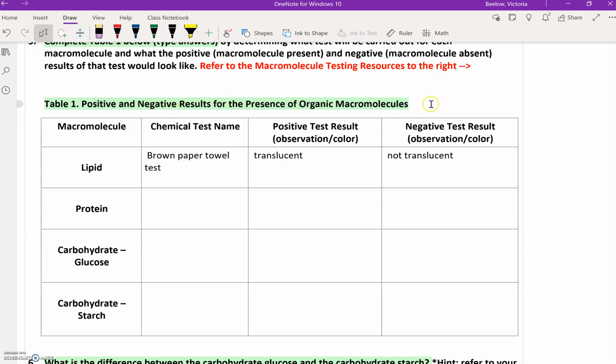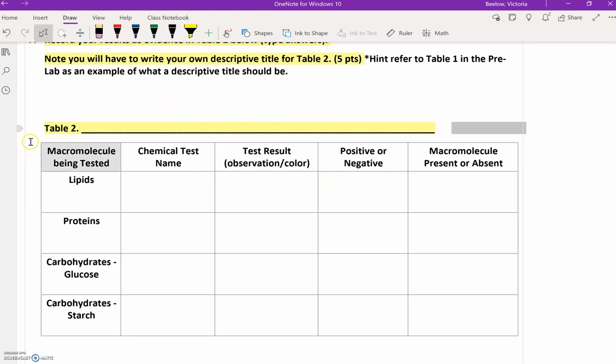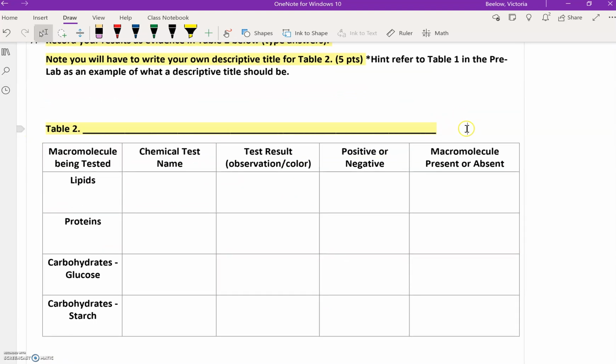results for the presence of organic macromolecules, which you can use something similar for this, but make sure that you also mention that you're testing the victim's stomach contents, okay? So you can kind of use Table 1 as an example, but for your Table 2 title here, make sure you also talk about the fact that you're testing the victim's stomach contents. Someone should be able to read the title of that table and understand what it is that you collected here